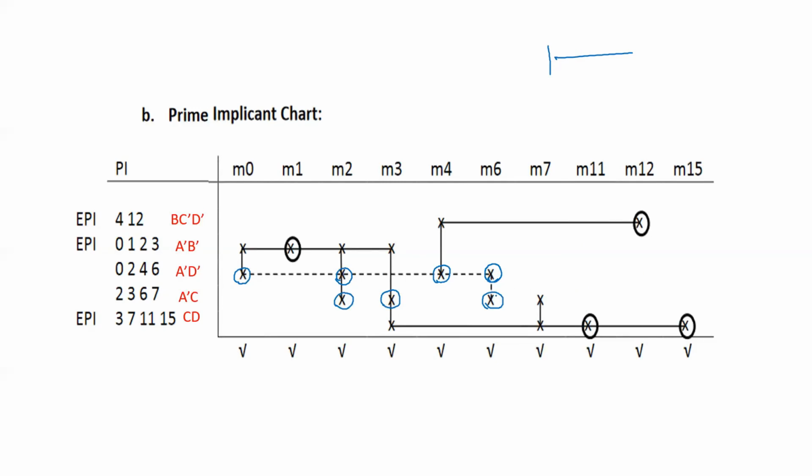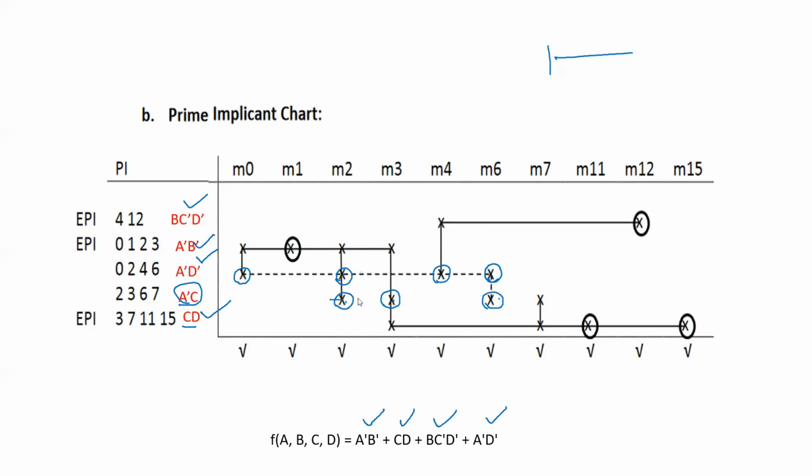On the basis of that, you reduce this and you are getting terms like this. Here you can see A bar B is there, then CD is there, then B C bar D bar is there, and A bar D bar is there. So this is all about this. Why have I not included A bar C? Because its terms, this and this, are actually being covered by some other horizontal lines. So in that case, this is not required.